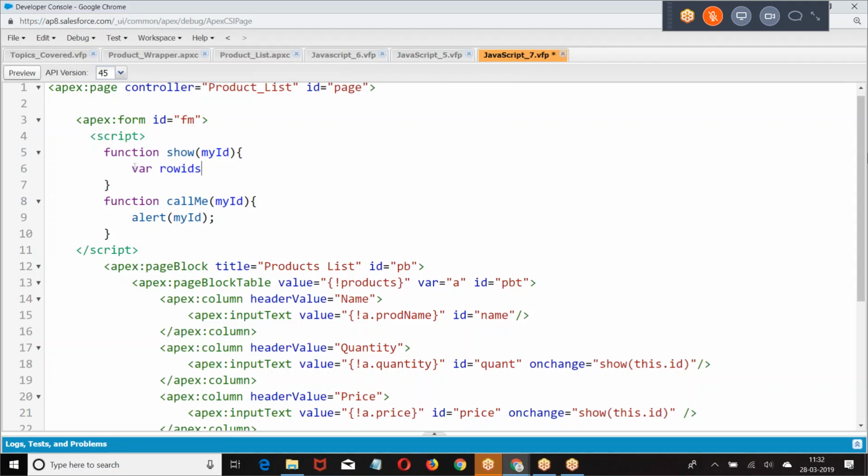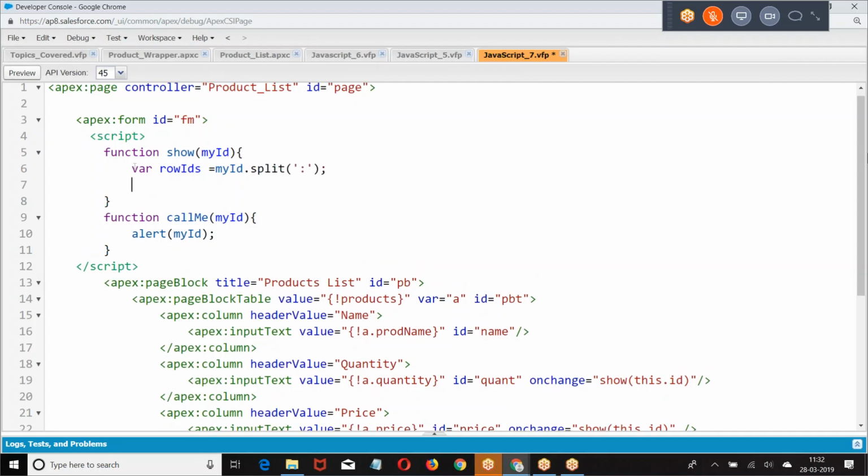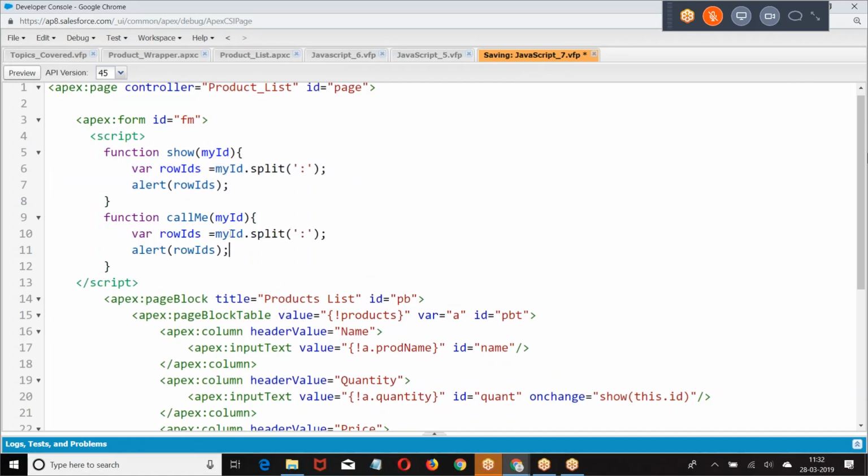What I'm doing, var is equal to what I was supposed to do. myID dot split based on the colon. We are splitting it. The same story will also apply here. So go back. Whatever ID you are passing, split that ID based on the colon.